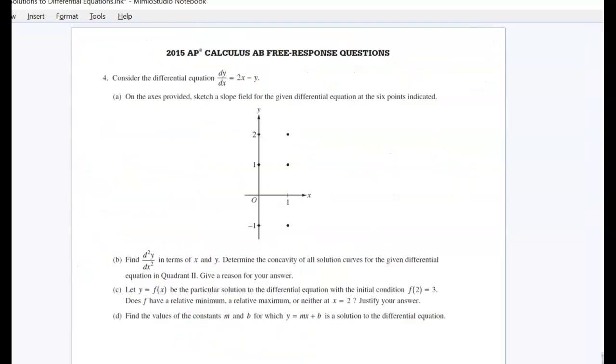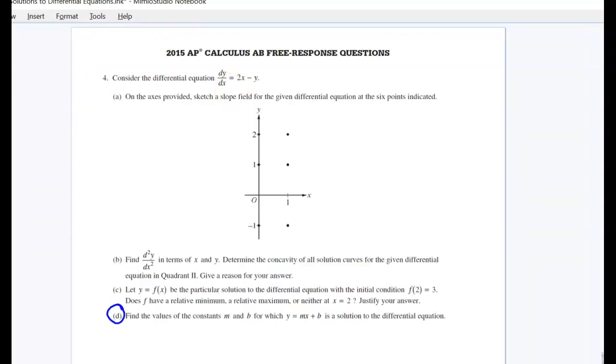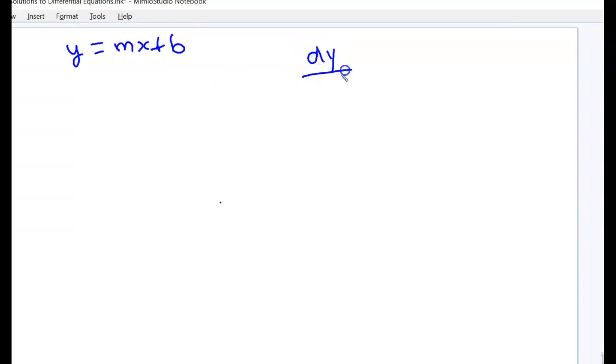All right, the last question is on the 2015 free response section, and we're just going to deal with part D right now, because that's all we can really do on this one. It says find the values of the constant m and b for which y equals mx plus b is a solution to the differential equation, which was given in part A earlier in the question as dy dx equals